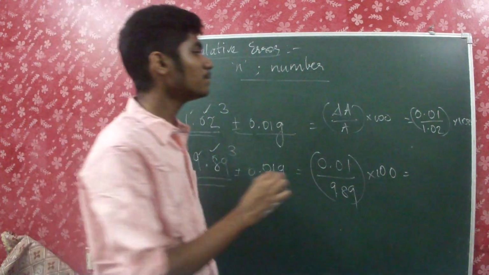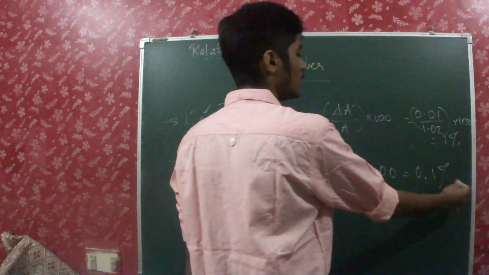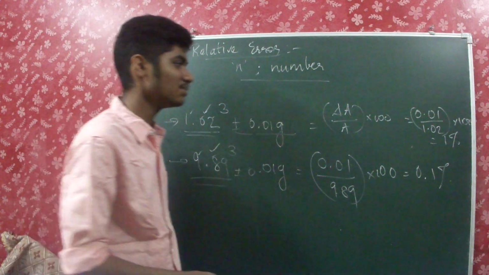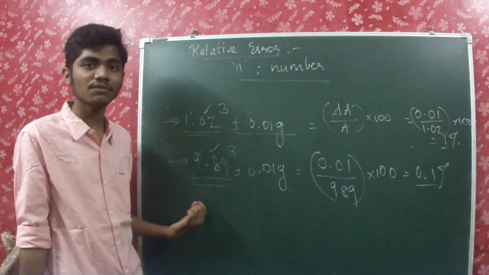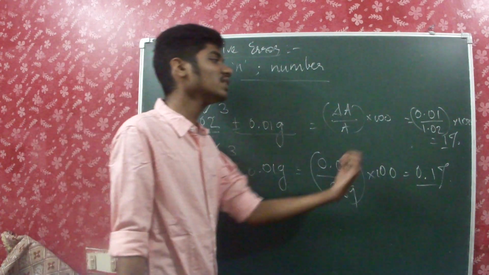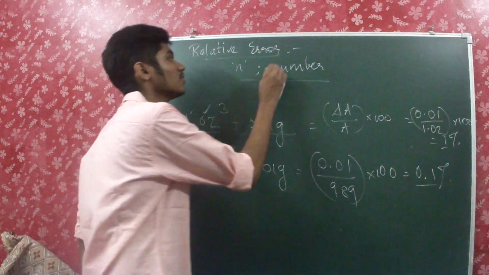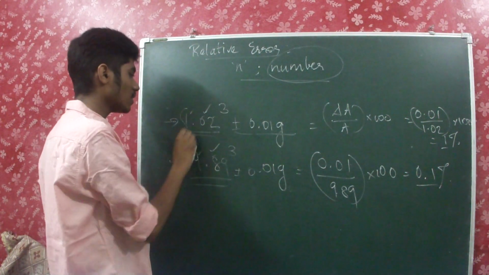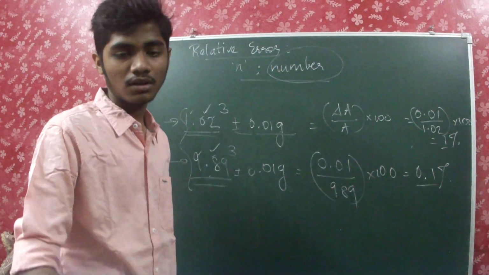are, for 1.02 it is 1%, and for this it is 0.1%. So can you find some kind of difference in both of them? This is 1 and this is 0.1, though both of them have 3 significant figures. So we can easily come to know that the relative error does not only depend upon the number of significant figures, but it also depends upon the nature of the number. So these two numbers have different natures which have yielded them different percentage errors. Okay.